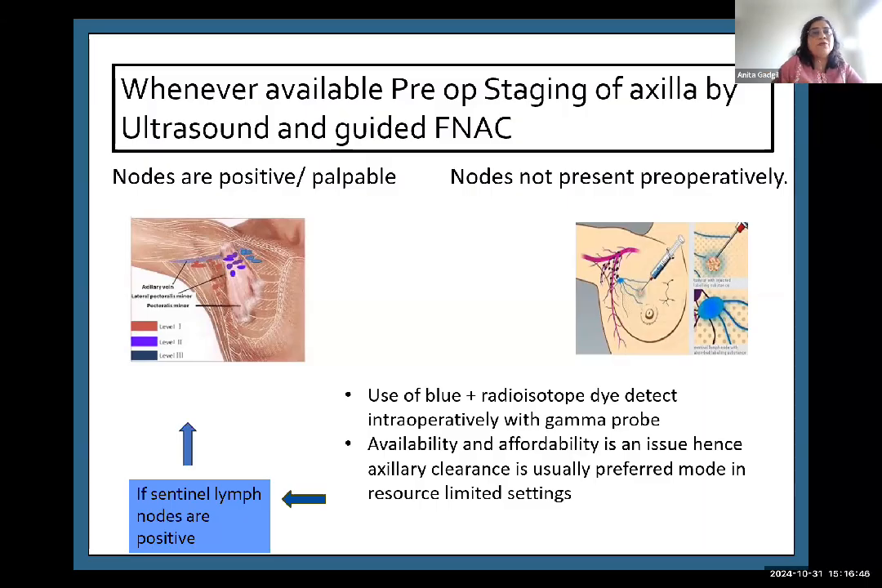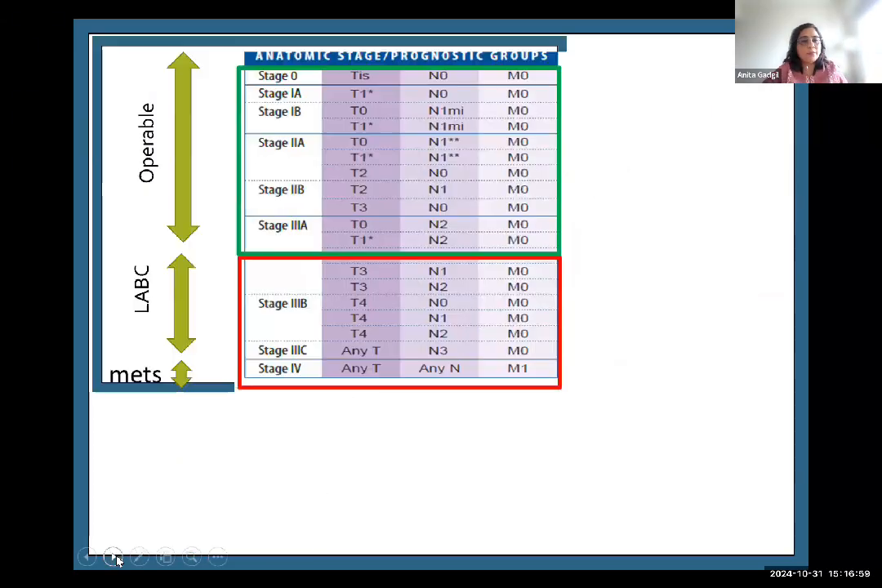So that is the purpose of this axillary staging and axillary node removal, which is a part and parcel of any breast cancer surgery, irrespective of whether you remove the whole breast or a smaller part of the breast. So most of the treatment is, of course, like all other cancer treatments, tailored